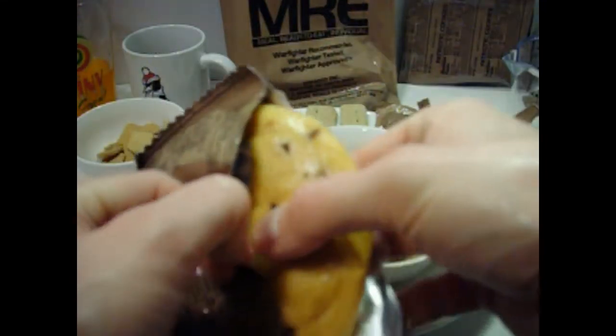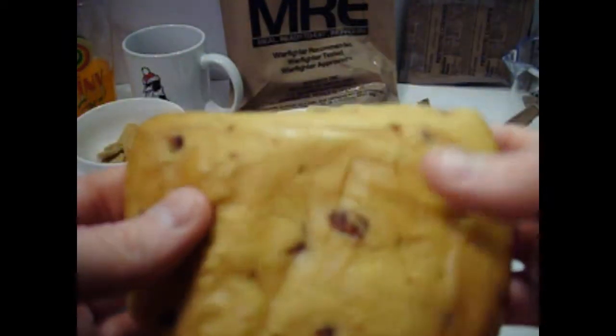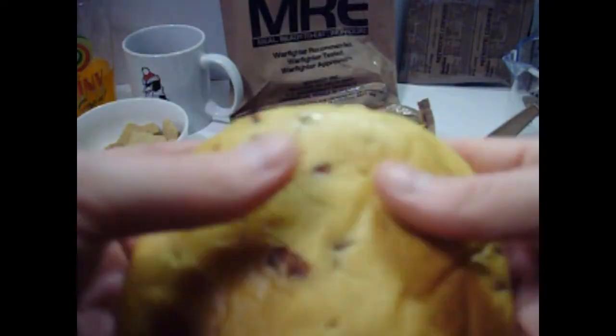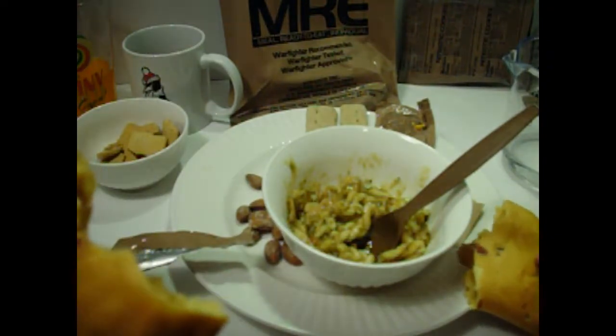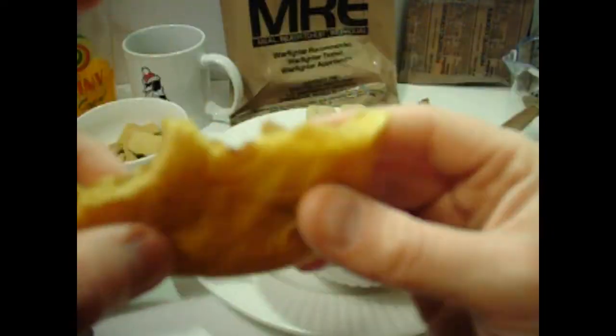Okay, last but not least, what I'm looking forward to the most probably is the apple turnover. So let's take a look at this. Not unlike the maple muffin top that I had in the maple sausage one, it's a very similar kind of texture, structure maybe, just a different shape. But if we break into this, it is in fact filled with apple filling. So let's give that a taste. Oh yeah, that's the way to do it. Heat it up a little bit. I know you wouldn't actually have the ability to do this, but if you could toast it a little bit,